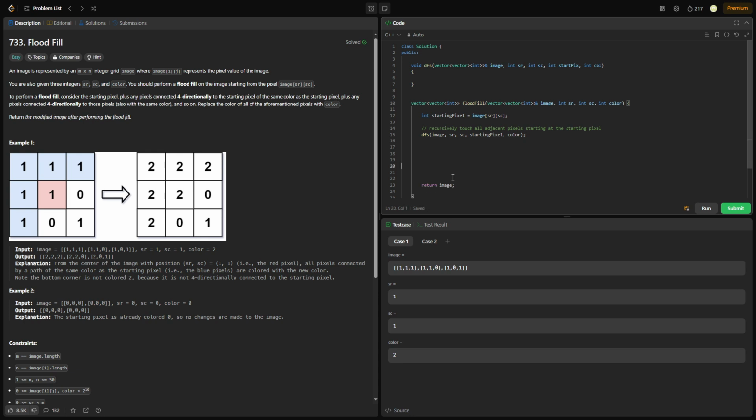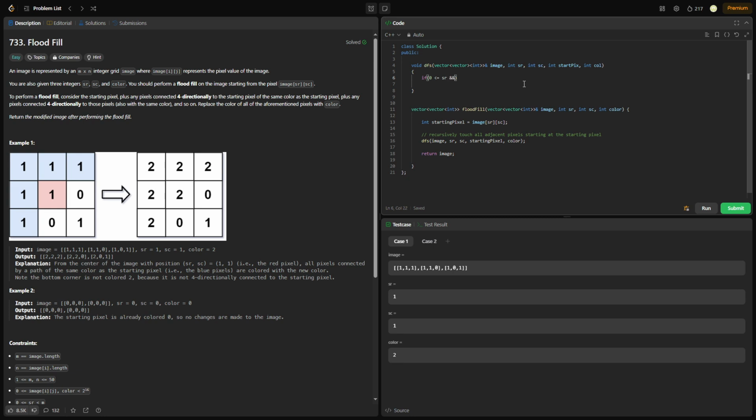And yeah, that's basically all we need in here. Now we just need to actually do this recursively and fill in the pixels. So first of all, we need to make sure that we're in bounds, okay? So this is the rows, right? So the rows can be 0 up to whatever the